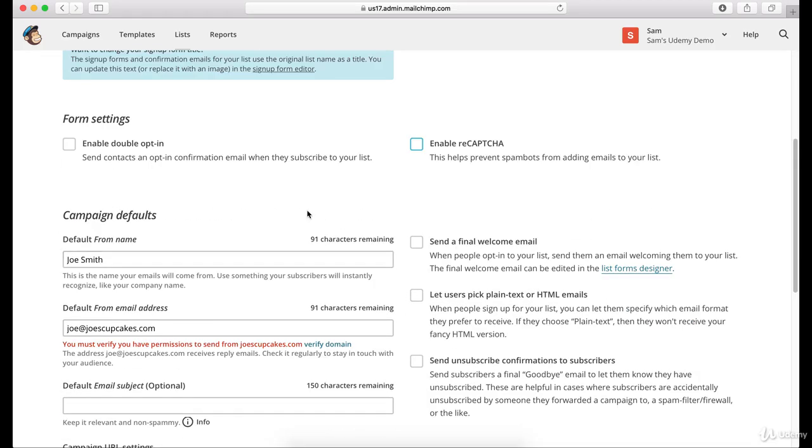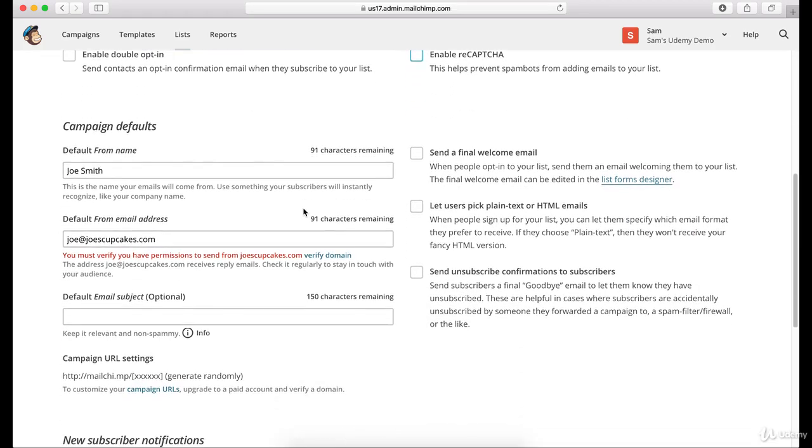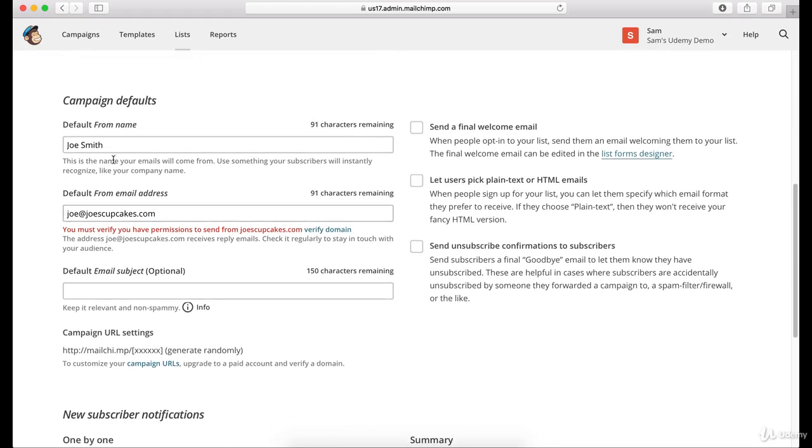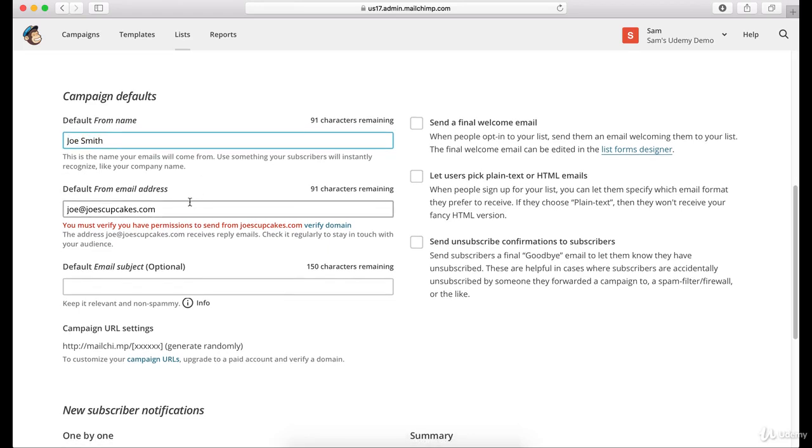Okay, so your campaign defaults, first of all, being the default from name. And if you ever get an email and it says from Joe Smith, for example, this is where you're able to actually customize who you'd like it to be from. And then down here is who you would like it to be from in terms of email address. So here we have like